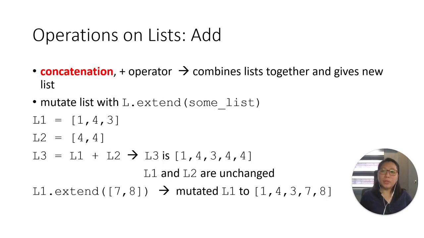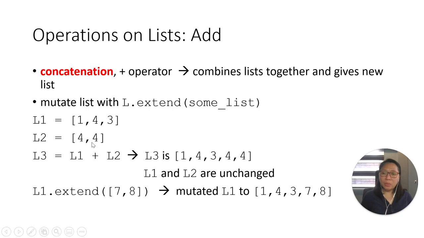The plus operator also works with lists. So this is the concatenation operation also. It combines lists together and gives a new list. Let's say we have this example,